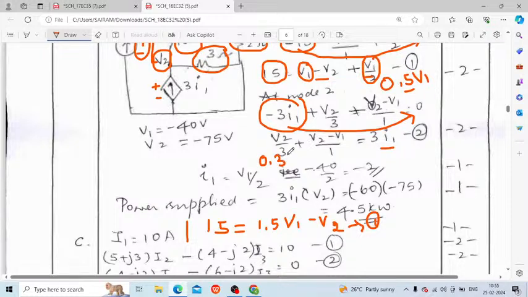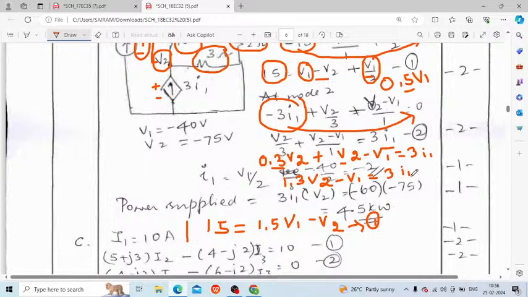0.3 V2 plus V2 minus V1 by 1, that is V2 minus V1, which is equal to 3I1, right? Okay. So now what happens? 0.3 V2 plus V2. What is 0.3 plus 1? It is 1.3, right? So the second equation becomes 1.3 V2 minus V1, which is equal to 3